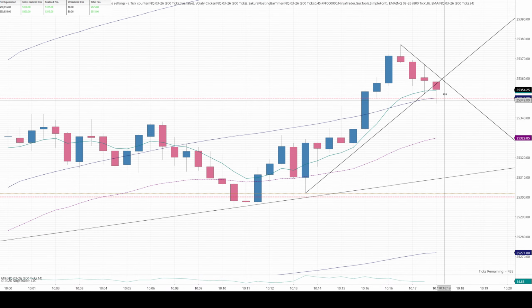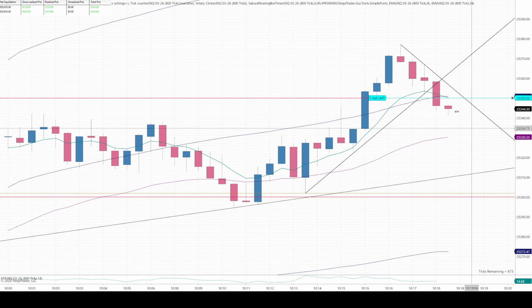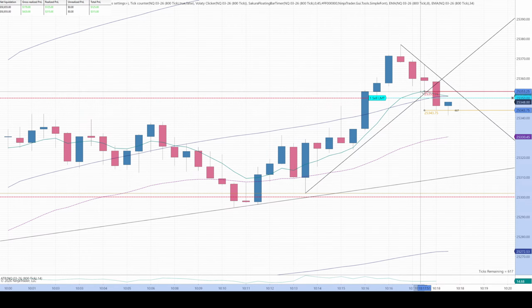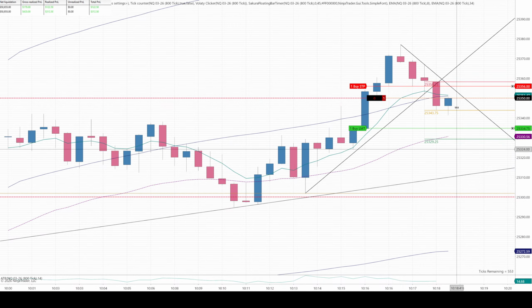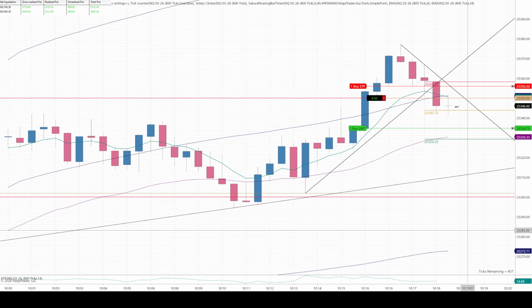All right, if this closes below 350, we take it bearish. If it closes above 350, we take it bullish. This is a pivotal candle. So let's see how it does. Looks like we're going to take it bearish if it comes back up to 350. And now I just need it to sink. Flush, flush, flush.